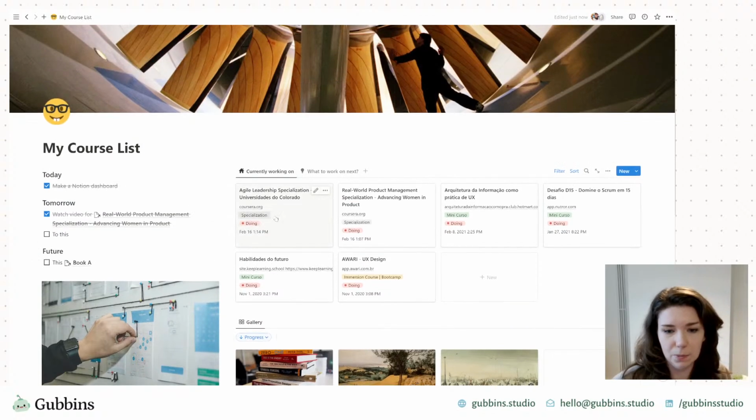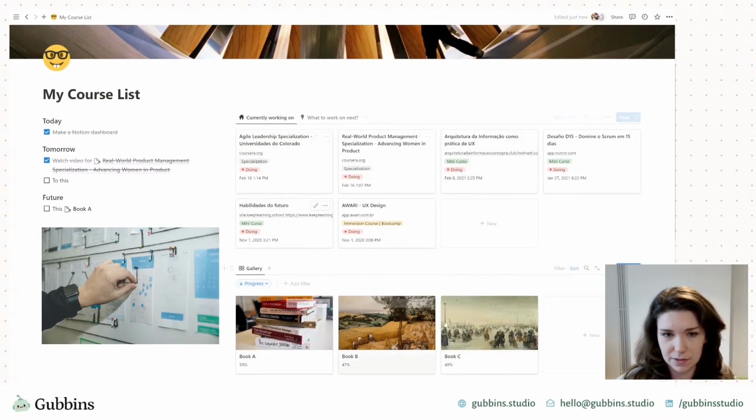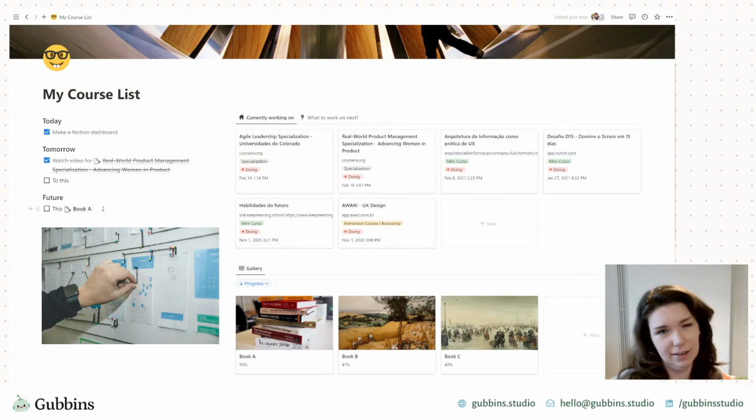So you can see, once you have these structures nailed down, how easy it is to reference them just by typing at and being able to create something that's easy to reference back in the future in context.